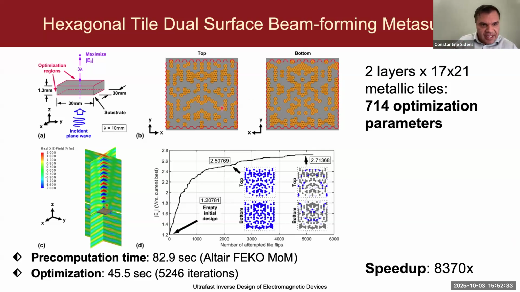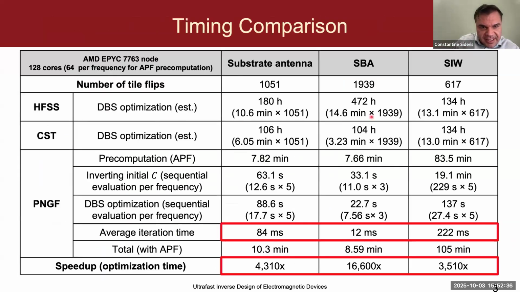As you saw here, it takes 12 milliseconds to evaluate a tile flip for this sort of thing. And on the GPU, with a surrogate model, again, it depends on what GPU, what surrogate model, and what you are doing. So it's kind of hard to do an apples to apples comparison. I had one of my students looking at some surrogate models, neural network based models.